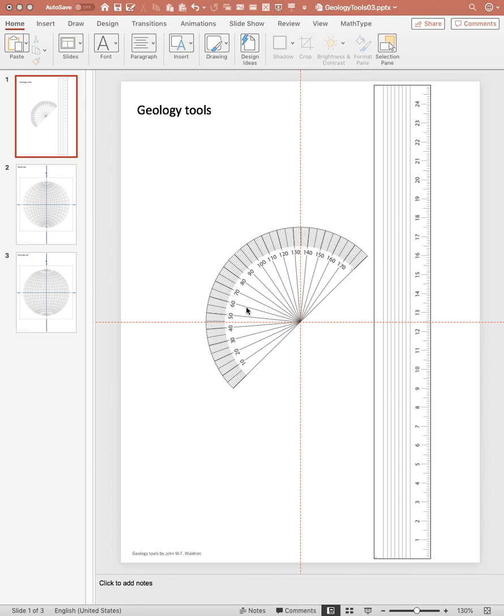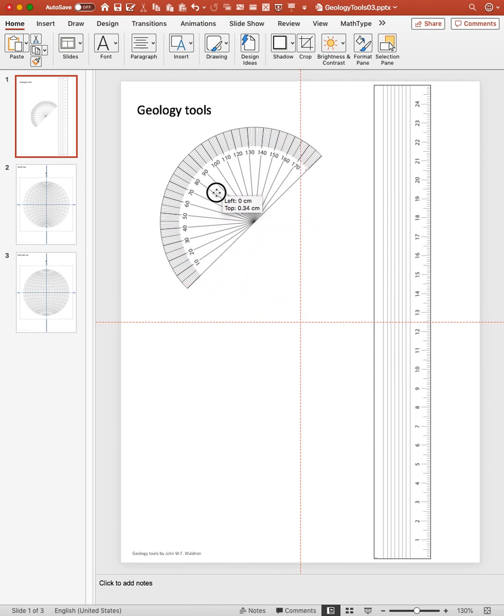I'm John Waldron, and I'm going to show you some tools that we have devised in PowerPoint so that you can complete problems in structural geology without needing to print them out on paper if you don't have access to a printer. So on the first page of this small PowerPoint, we have a protractor, and you can move the protractor